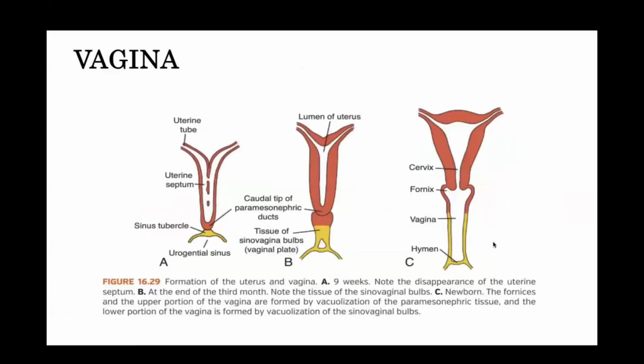Moving on, we also talk about the vagina. So we know that the vagina is developed from two different parts. We've already seen that the upper two-thirds of the vagina is going to be developed in the same fashion that the uterus and the uterine tubes are formed. But we also see that the part of the paramesonephric duct that is in contact with the urogenital sinus is going to result in the formation of two vaginal evaginations,